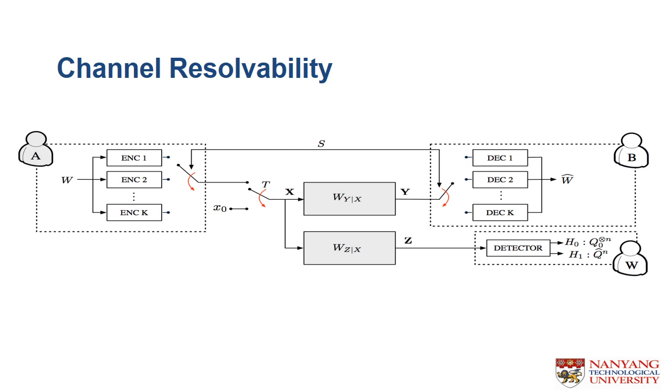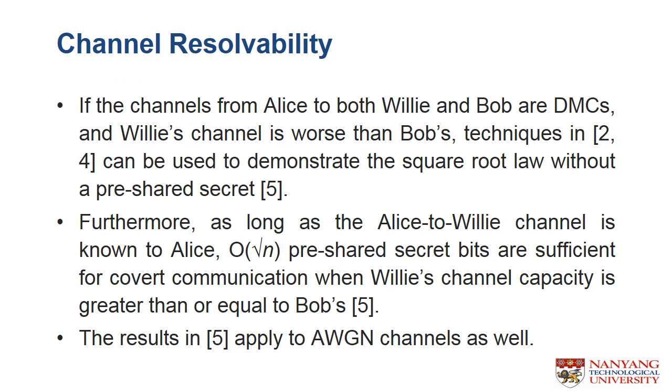The key S is used to select one of the codebooks containing M codewords for encoding message W. The underlying idea is then to guarantee that each codebook is sufficiently small to ensure reliability over the main channel, while ensuring that there are sufficiently many distinct codewords overall to keep the warden confused.